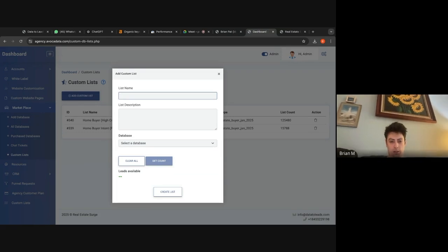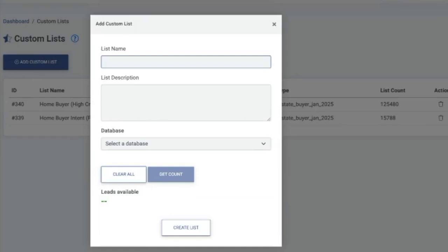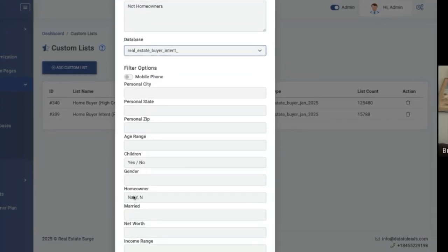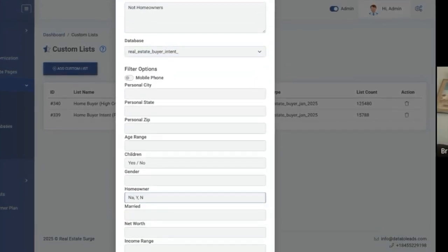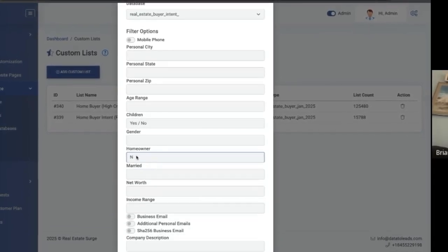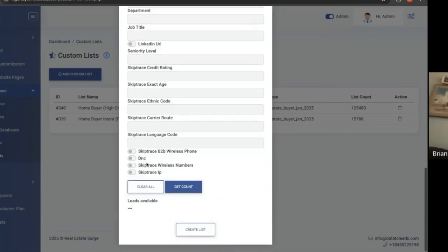So I'm going to start off by looking for people looking to buy a home, not homeowners. What do I mean by that? There are people in this database with buyer intent, and there's an option right here for people who are not homeowners. So if we flip that switch,